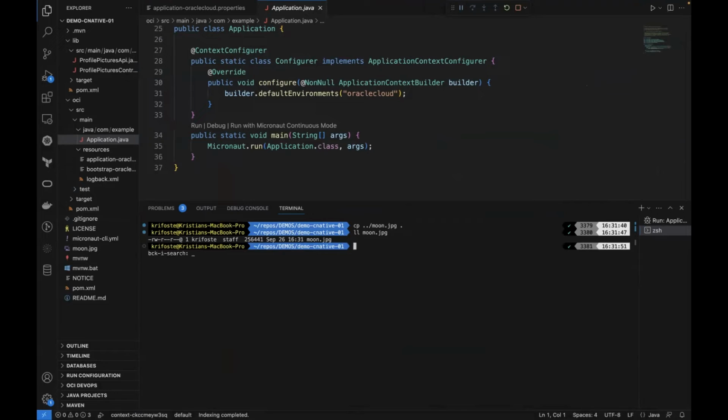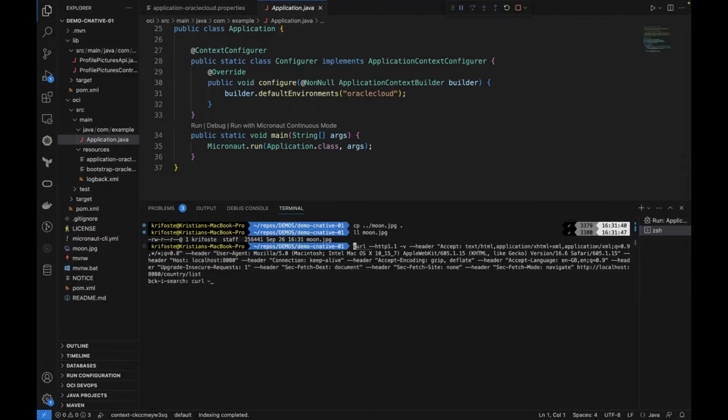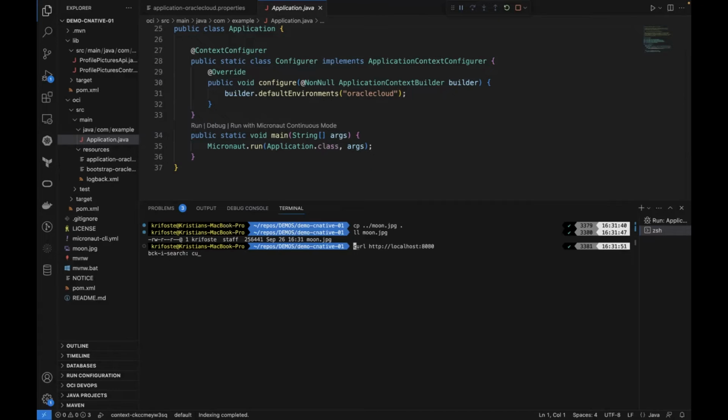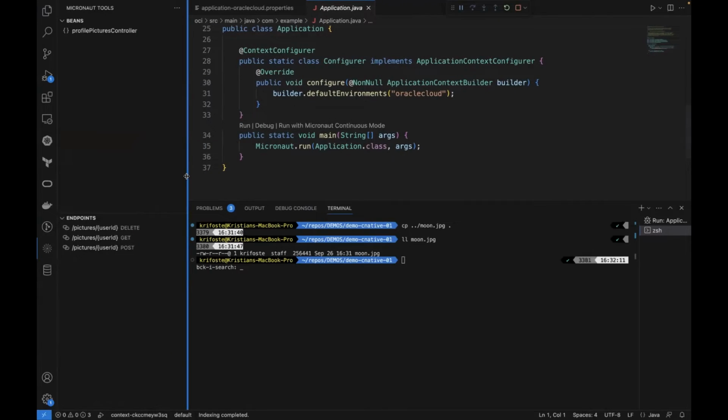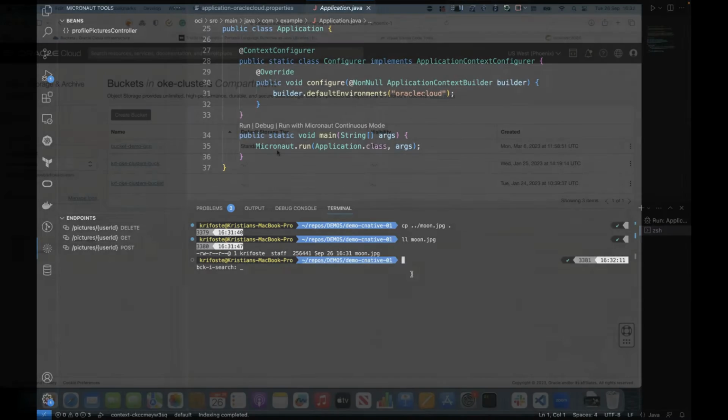If I search back through my history, curl, it's curl get, isn't it? In fact, I don't even need to do this. I'm being a bit silly. I could show you the REST Explorer. Do you remember earlier on I said we've built support for a REST Explorer? We're able to call REST endpoints directly from inside VS Code. So I think I've got some images up there already.